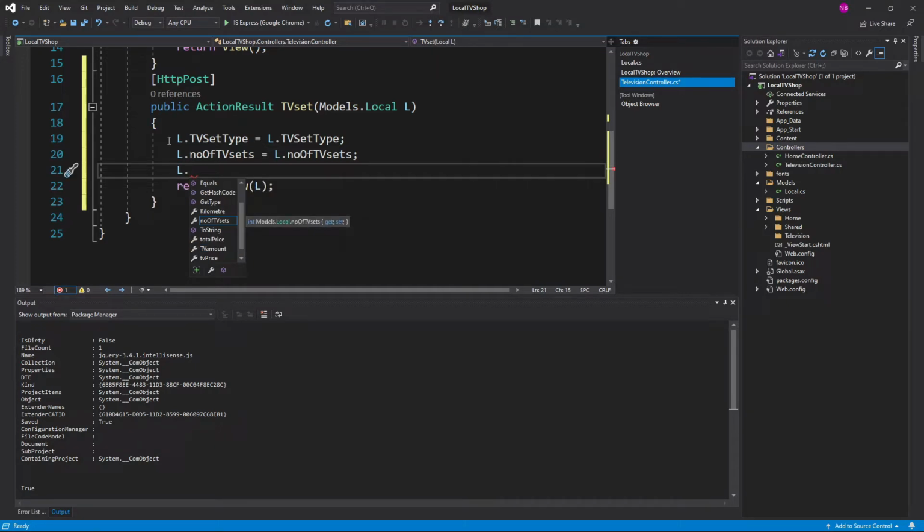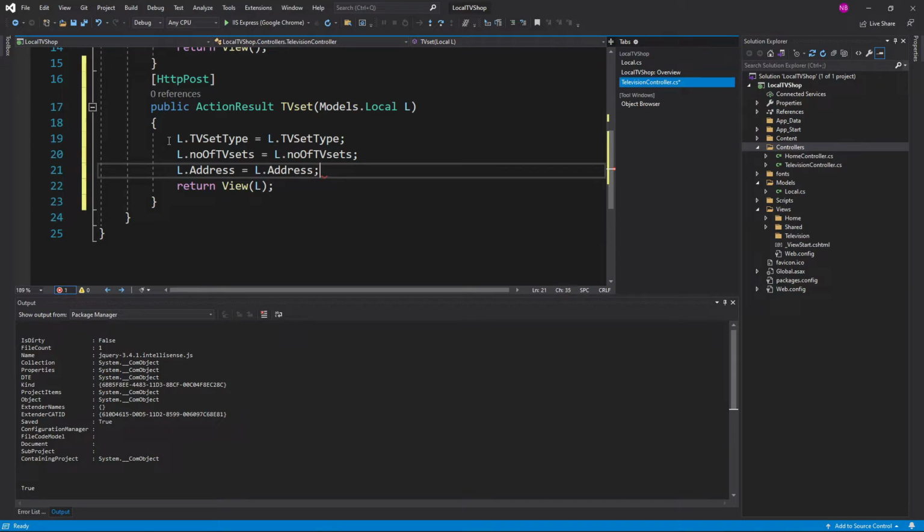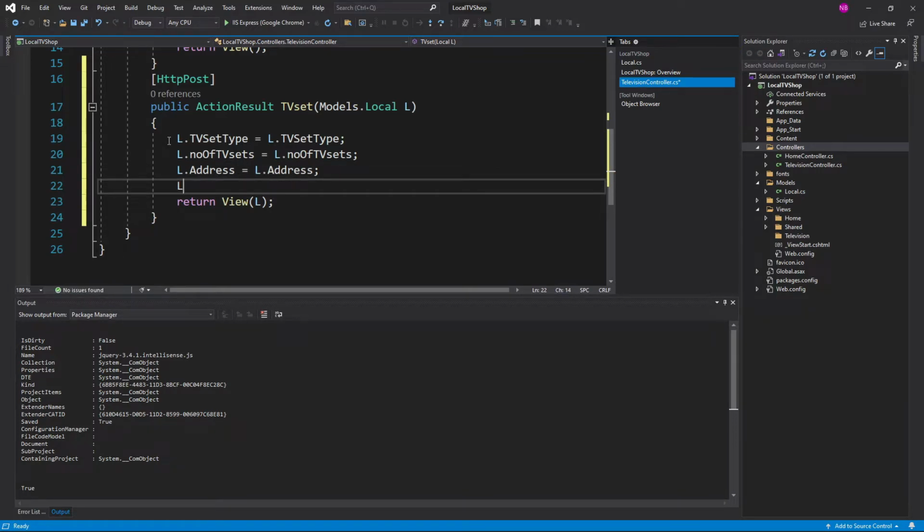Again, it's gonna be L dot, I'm gonna use address here, equals to L dot address again, going to be L dot